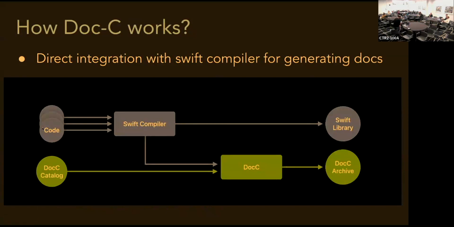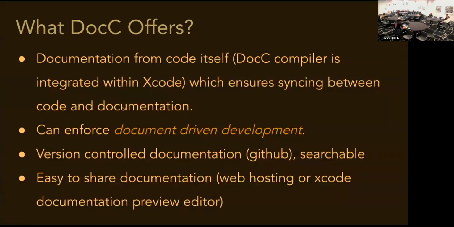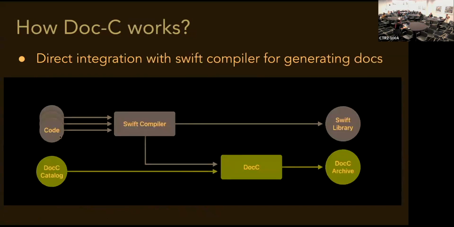So as you can see on the extreme left-hand side, the code is fed to the Swift compiler. The code as well as the libraries that your code depends on are fed to the Swift compiler. The Swift compiler will extract the information of all your public APIs. I want to highlight one fact here: DocC only documents the information of your public APIs. The rest of the things which are not public will be treated as private, and DocC will not expose those APIs to the documentation. So the Swift compiler will provide information of all your public APIs to DocC, and then DocC